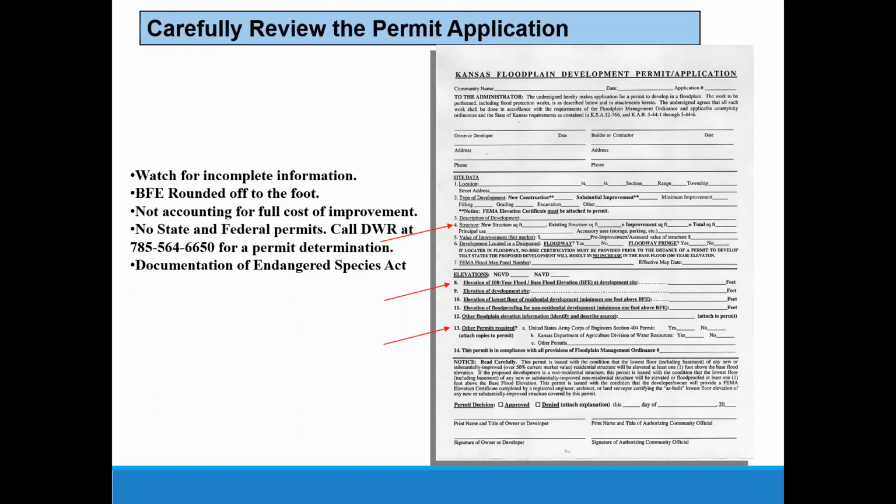Not getting a state permit, Janelle will send out a violation letter to people doing work that should have had a state permit and they didn't get it, and so that could cause a stop work order. Again, making sure that they have these state and federal permits for applicable projects, and we'll talk a little bit more about endangered species and some of these other permits that might